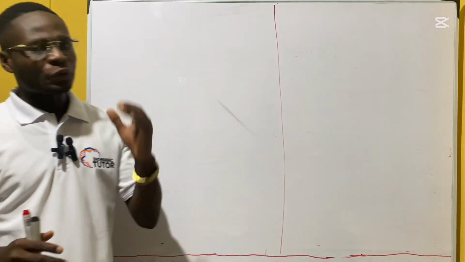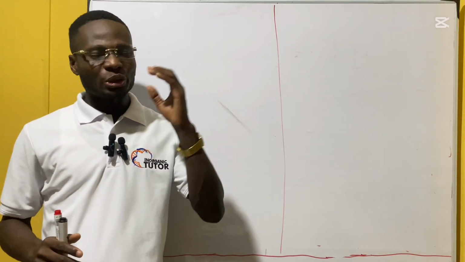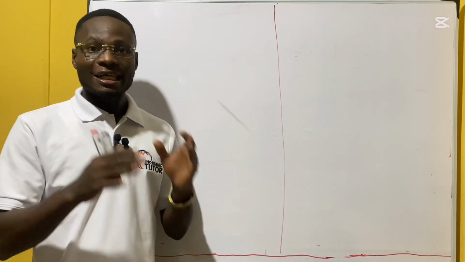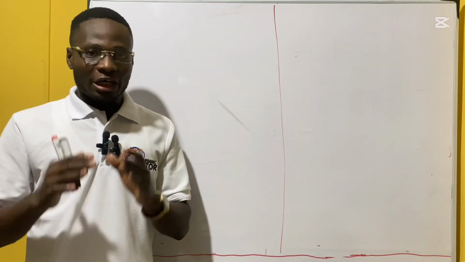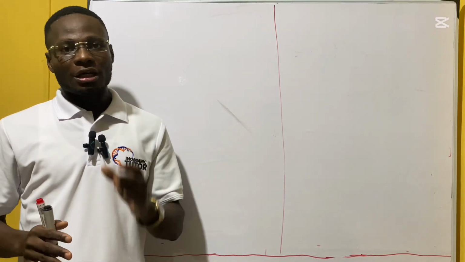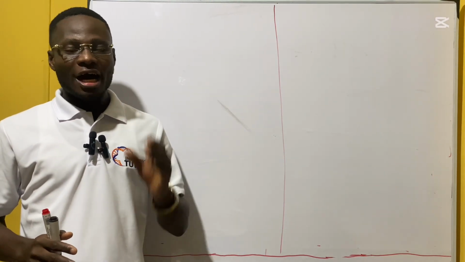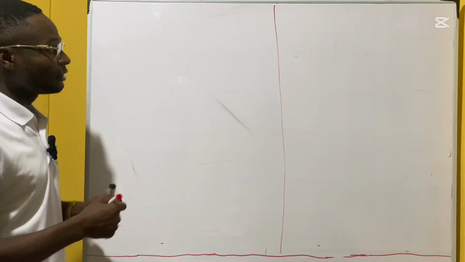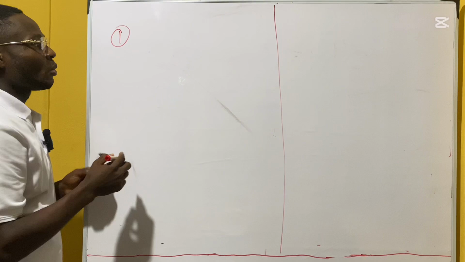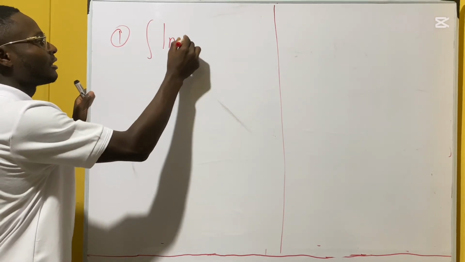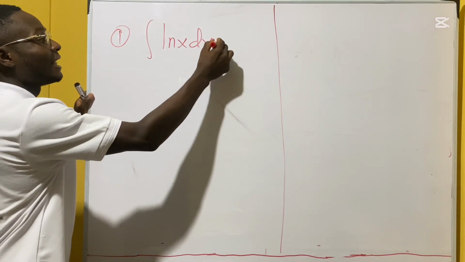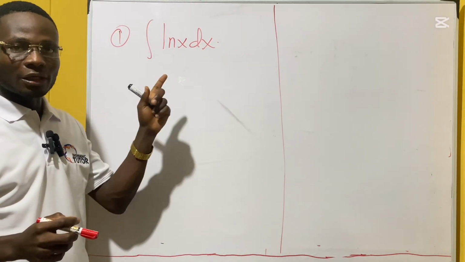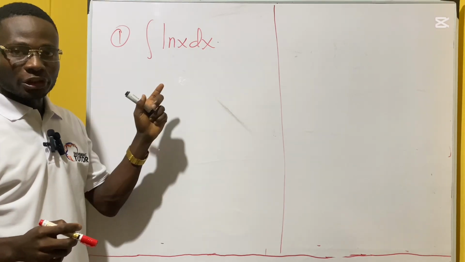Of course, you know that when you have ln x, you can never differentiate it to a constant. So when you want to integrate ln x, you cannot use the tabular method. And when you have a cyclic function, this is what I mean. One, when you have a function that contains ln or logarithmic functions, you cannot use the tabular method to approach it. Two,